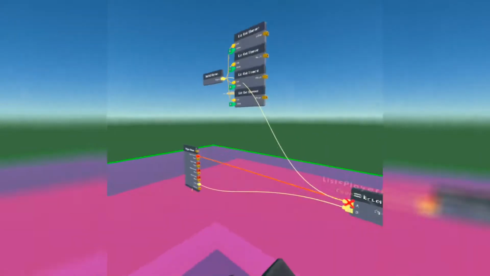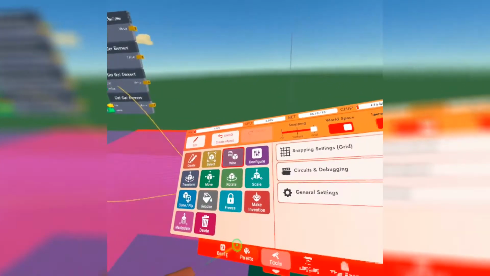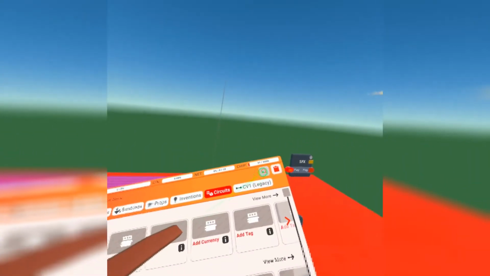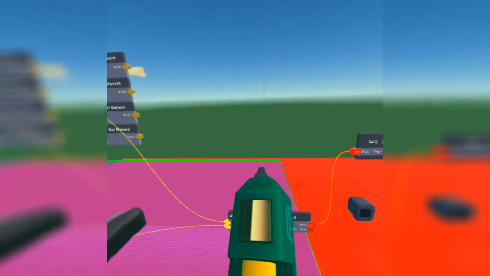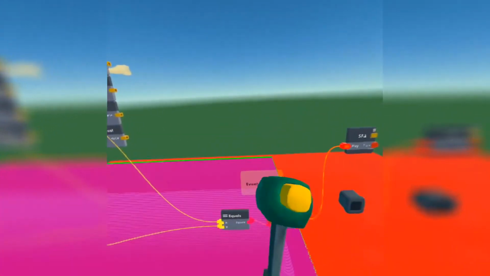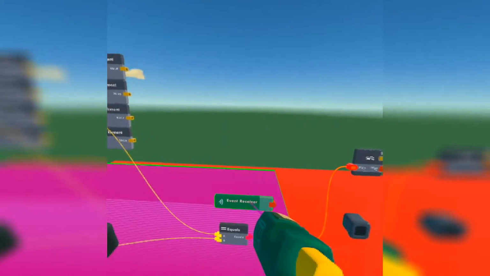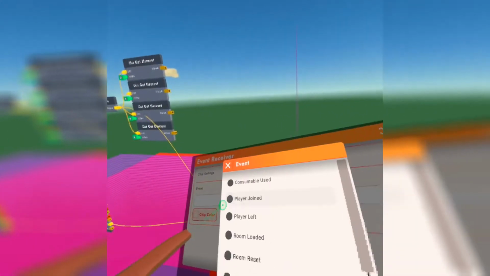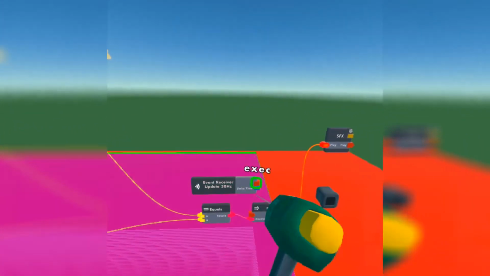It looks like I need to change the execute of the if chip. What should I change it to? Let's get an event receiver and just change it to update 30 hertz a second. That way it will just be easier. I don't really like using too many event receivers because if you use too much, your CPU and your net could go up, which you don't want. But since we're just going to be testing this out in a tutorial, I guess I'll just hook this up to an update 30 hertz a second. And now,